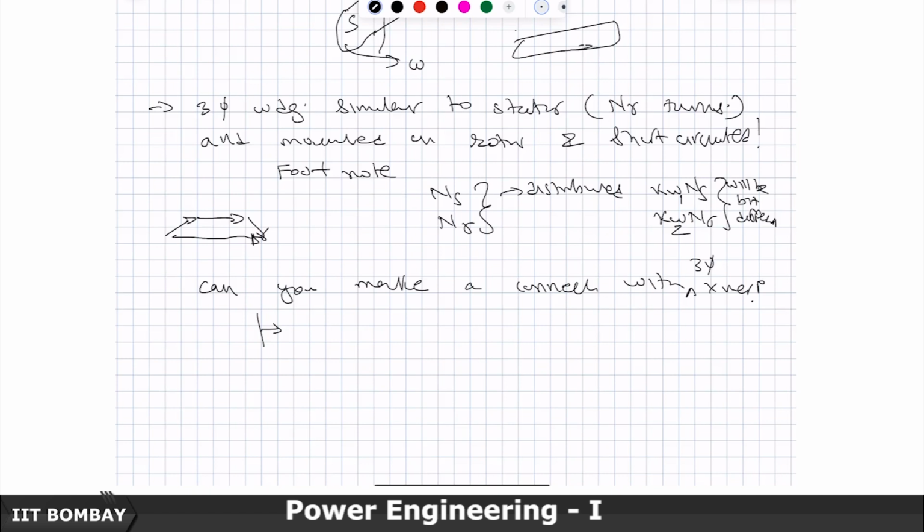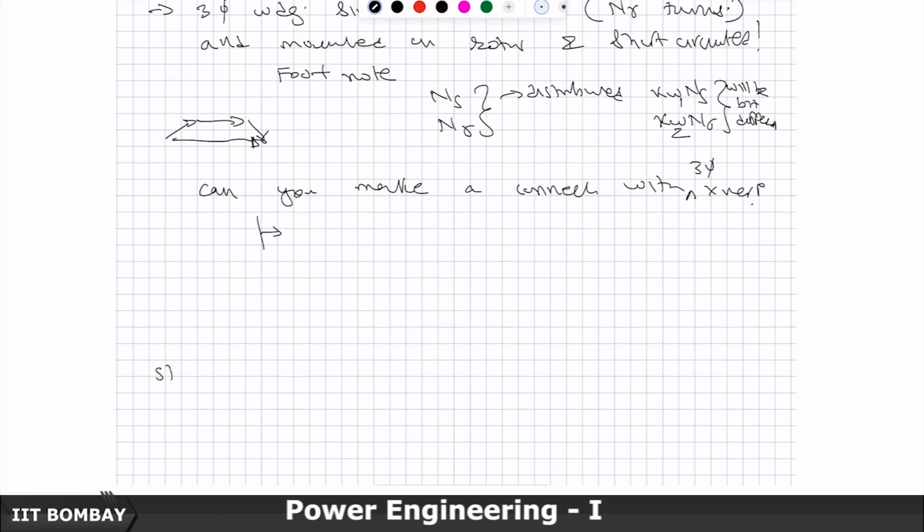Let us assume that the stator windings are star connected. They could be delta also, I have no problem, but whenever we talk of 3 phase transformers, we talk with respect to star or delta connection. So, for the sake of simplicity, let us say stator windings are star connected, rotor windings are also star connected, and